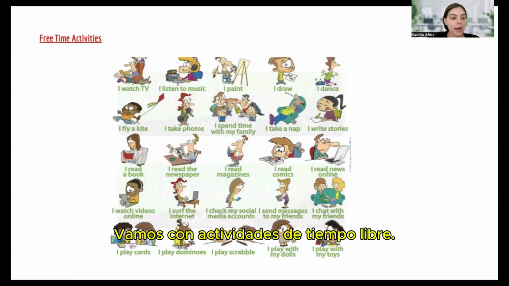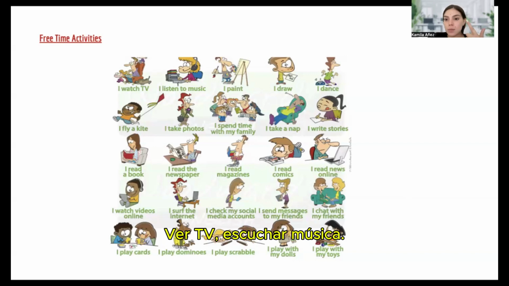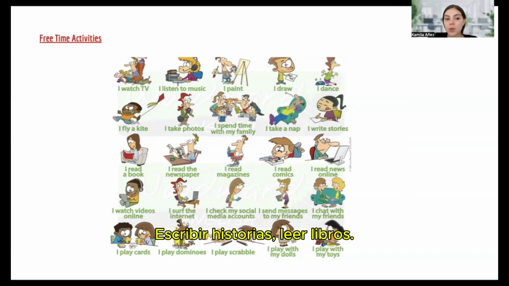Let's go with free time activities. We can see all the free time activities we have: watch TV, listen to music, paint, draw, dance, fly a kite, take photos, spend time with family, take a nap, write stories, read books, read newspaper, read magazines, read comics, read news online, watch videos online, surf the internet, check my social media accounts, send